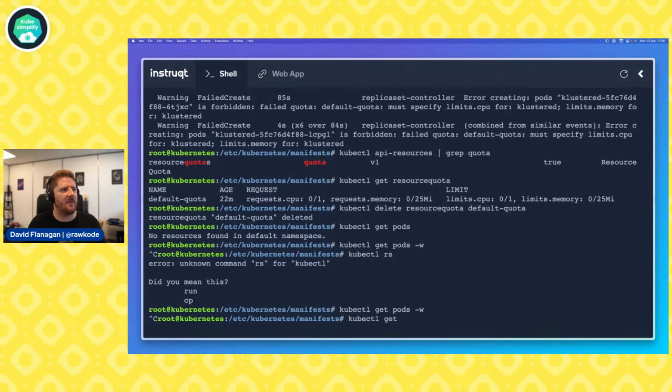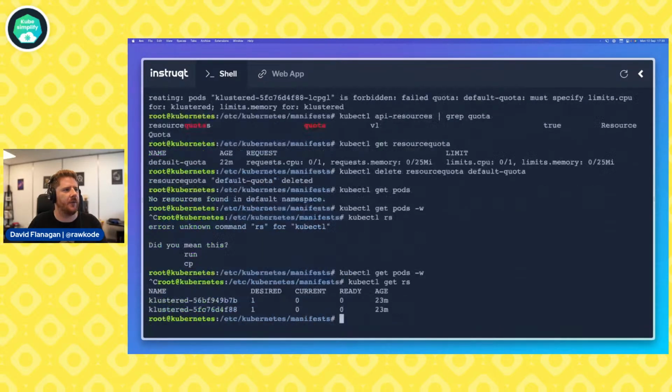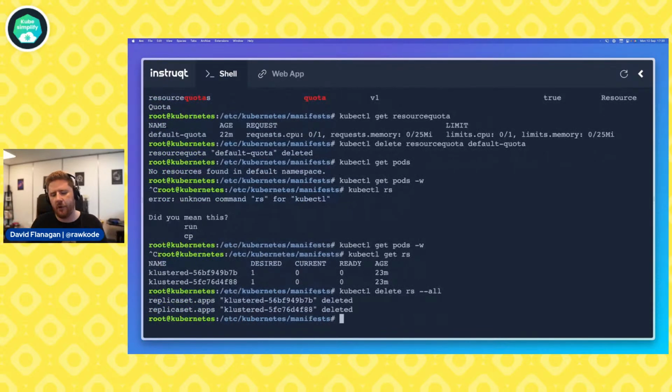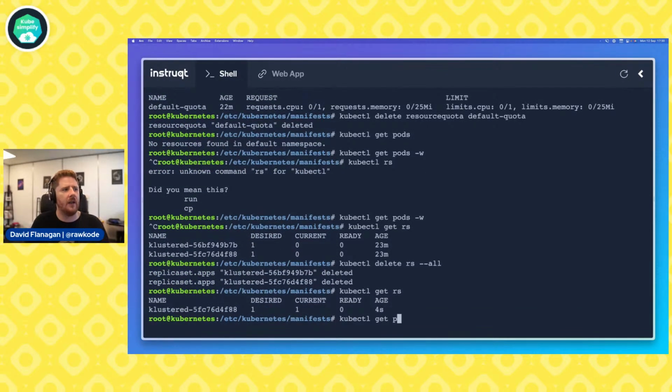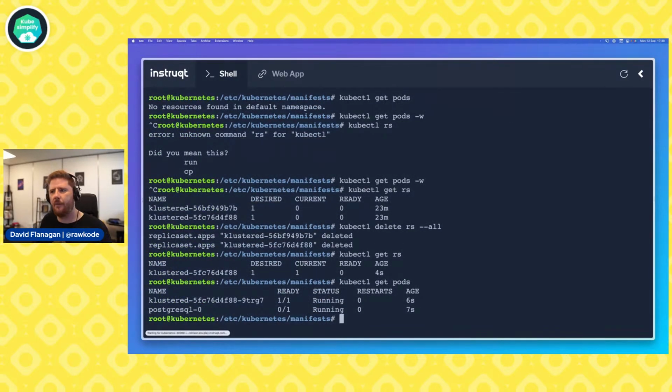I don't know if Siam has anything after this, and I don't want to assume. So I'm going to delete all replica sets. I'll let the deployment controller pick that up. In fact, you'll probably find it's already created a new one, and we've already got our pod spinning up, so our applications should become healthy in just a moment.